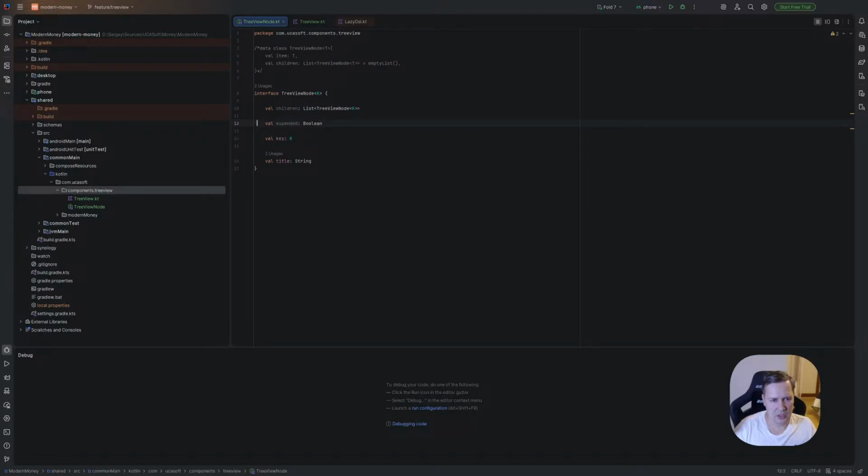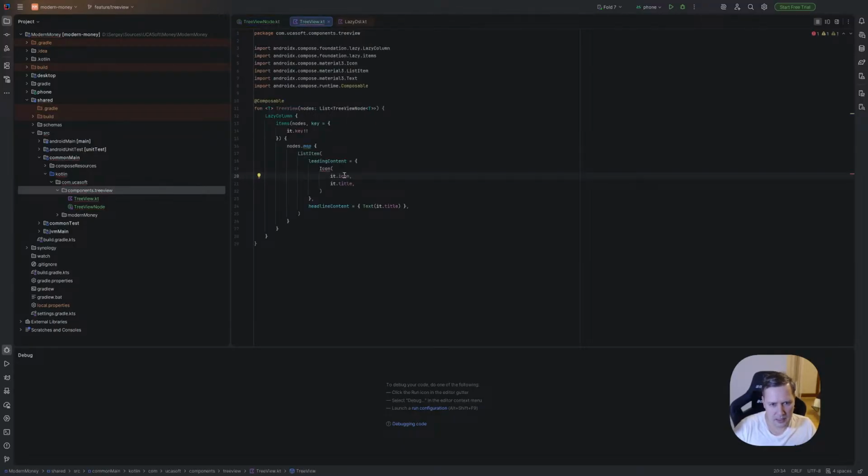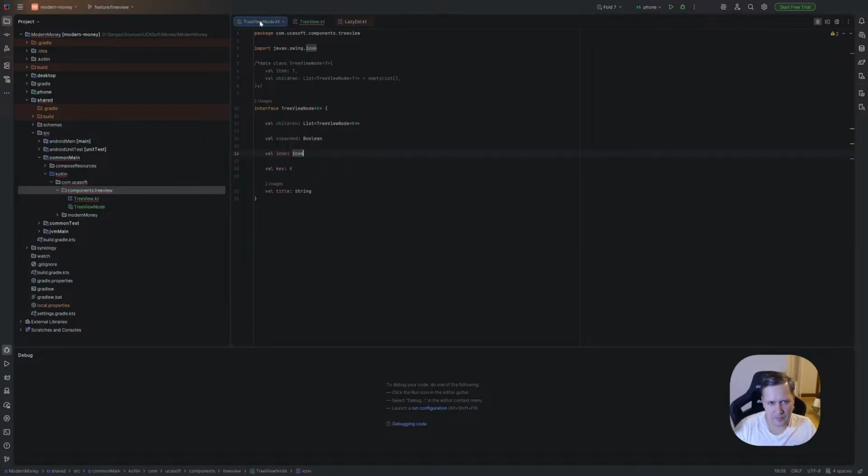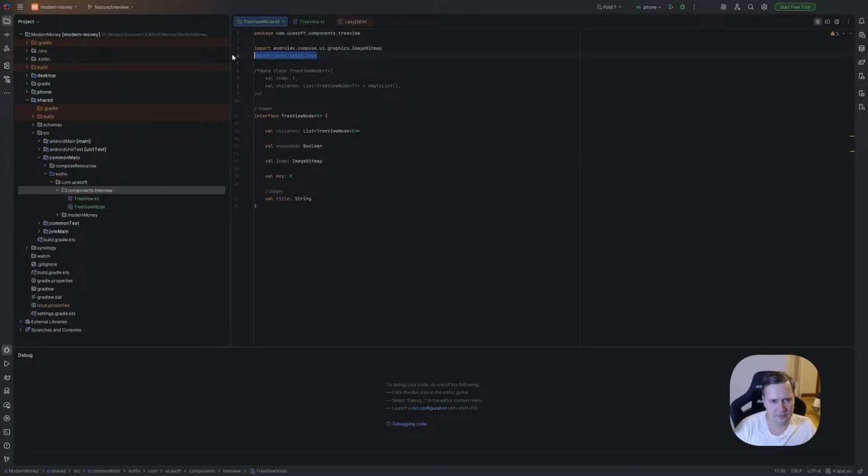We can exchange and here we can have icon, and it should not be icon, because icon expected image vector, image bitmap or painter. Let's use image bitmap for now.